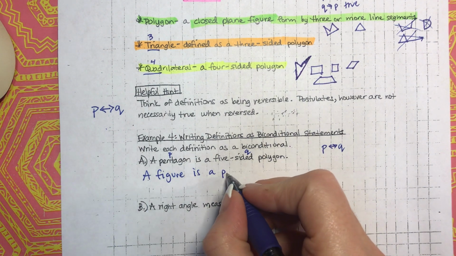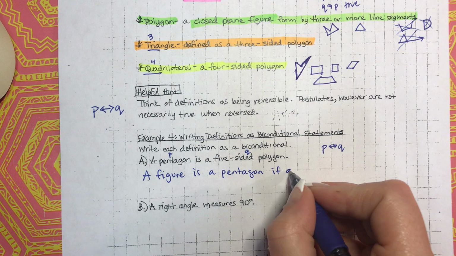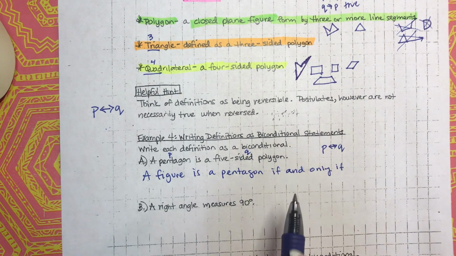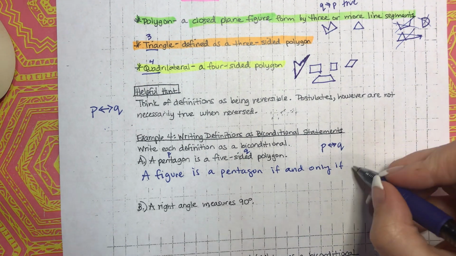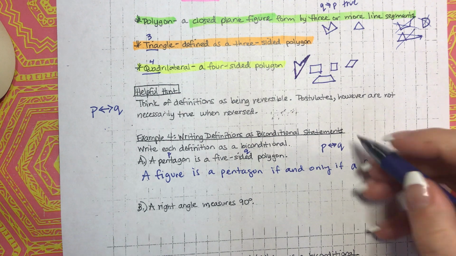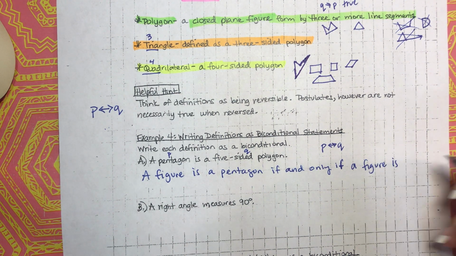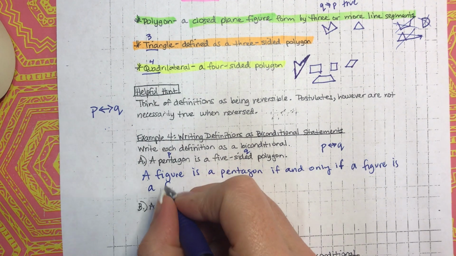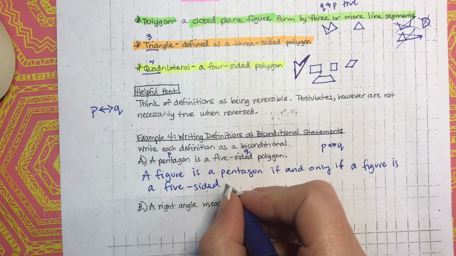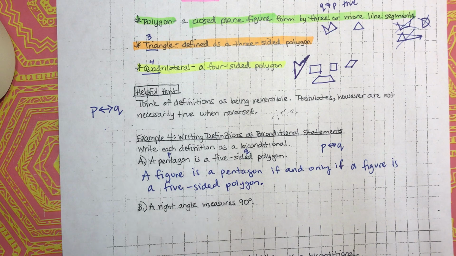A figure is a pentagon if and only if a figure is a 5-sided polygon. So I used "a figure" twice just because I want you to get used to inserting that word,